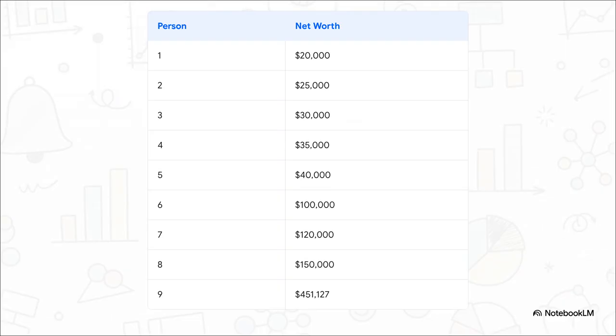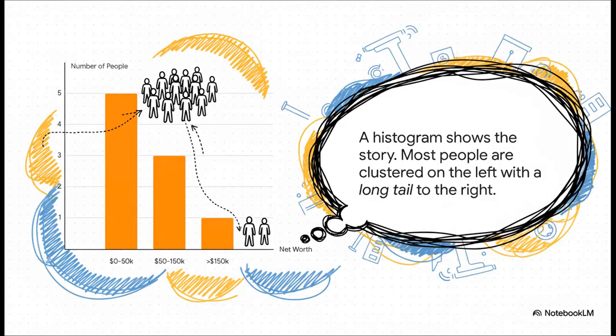Okay, so here we've got a simple list of net worths for a few people. Sure, we could do the math and find the average. It's about $108,000. But does that one number really give you a feel for what's going on in this group? Not really. Right now, this is just a boring collection of numbers. There's no story. But watch what happens when we visualize that exact same data. A histogram doesn't just show you the numbers, it shows you the shape of the numbers. And boom, instantly, a story pops out.